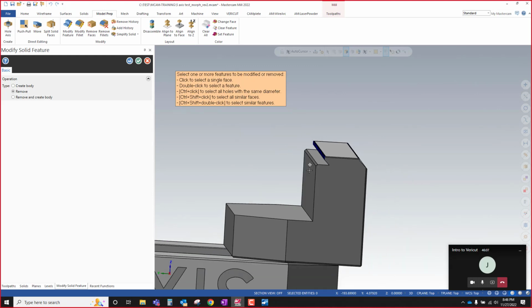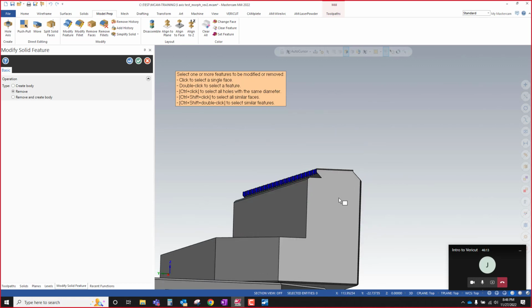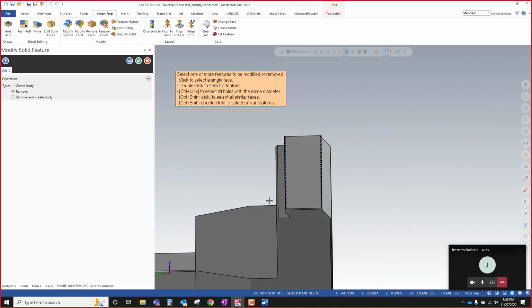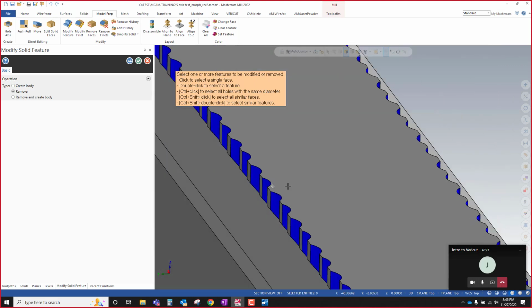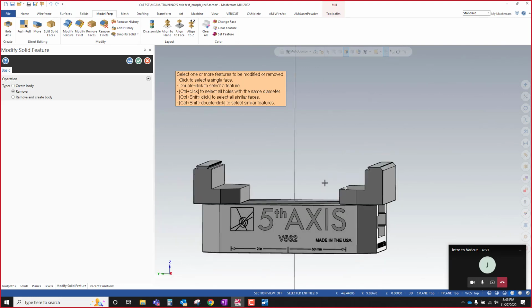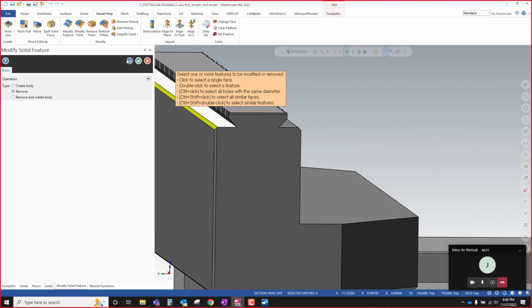If it was really important and I really needed to remove it, I would probably remove these little chamfer edges, and I would probably take this face and extrude it through, Boolean add it, and then remove history to get rid of all these little scallops, because it's not just going to let me remove those little scallops. So as a quick example of that,